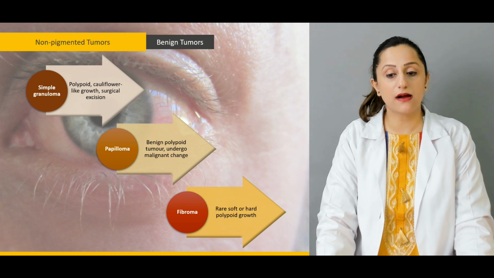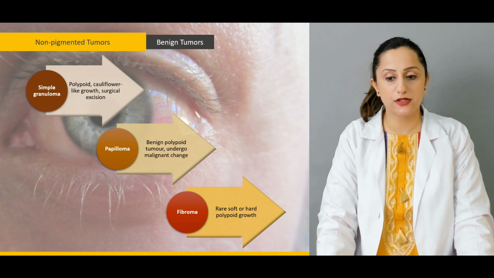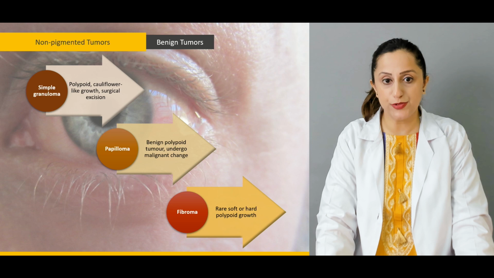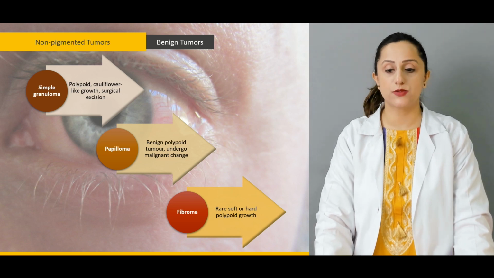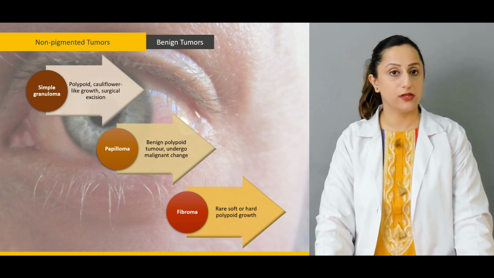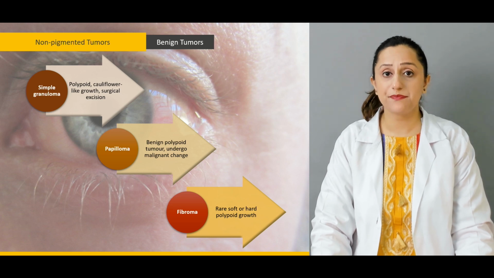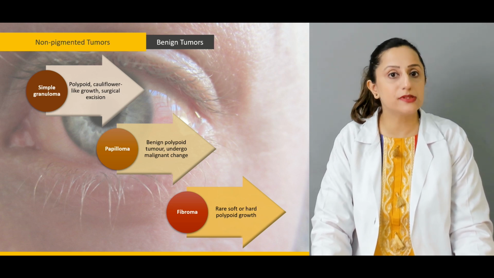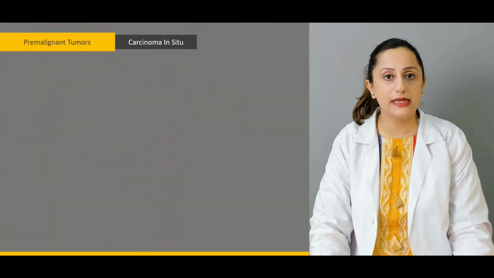The fibromas are quite rare. They are soft or hard polypoidal growths. So these are the different sorts. We have papillomas, fibromas, and on the other hand, we have simple granulomas that can be included in this kind of benign